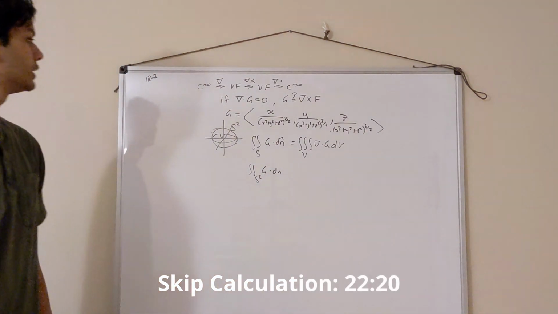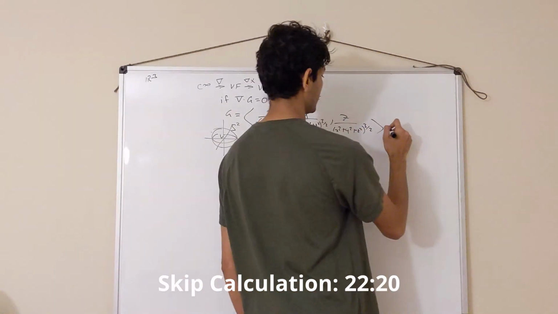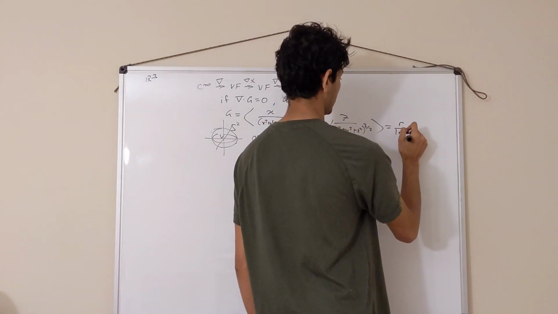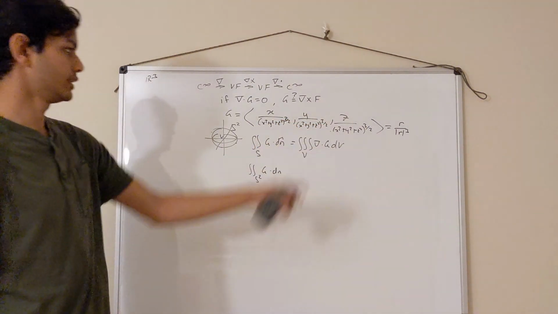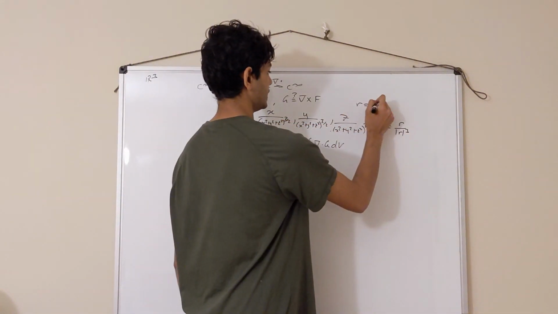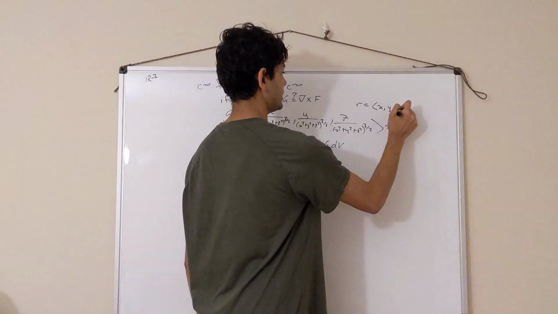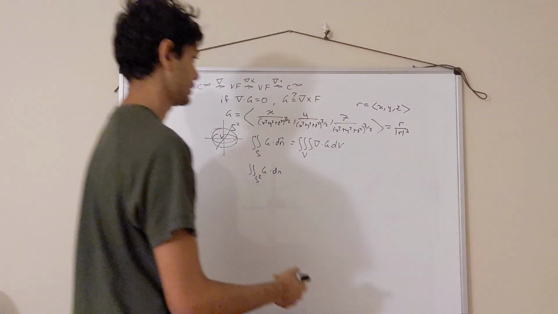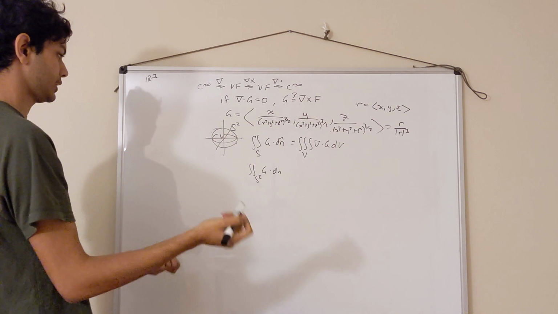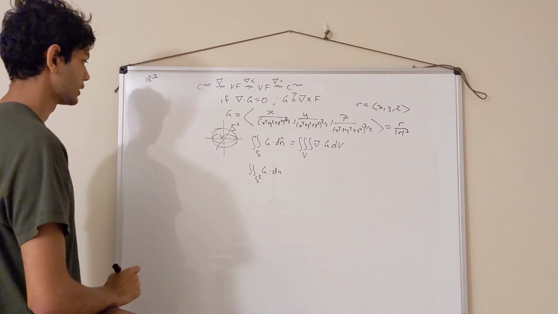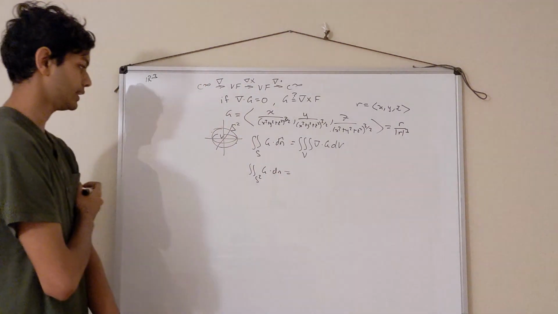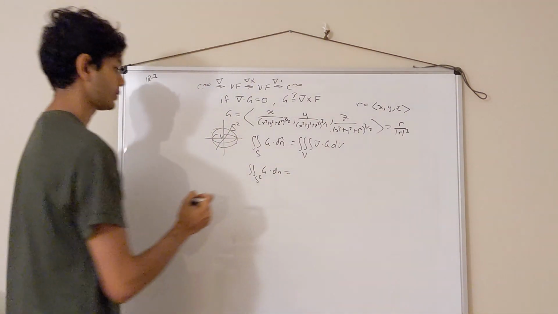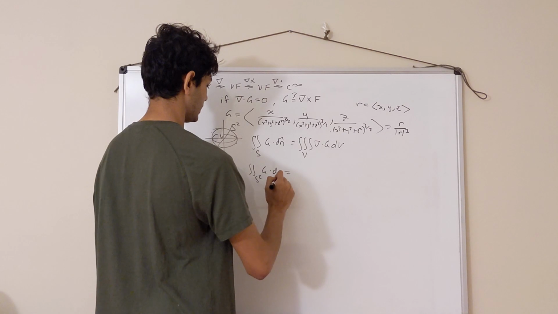You might recognize that g is just equal to this vector field r over the magnitude of r cubed, where r is your vector field x, y, z, and the norm of r is just the dot product of r with itself, and then the square root of that. So we can use that over here, and we can notice that dn in this case is just going to be r hat